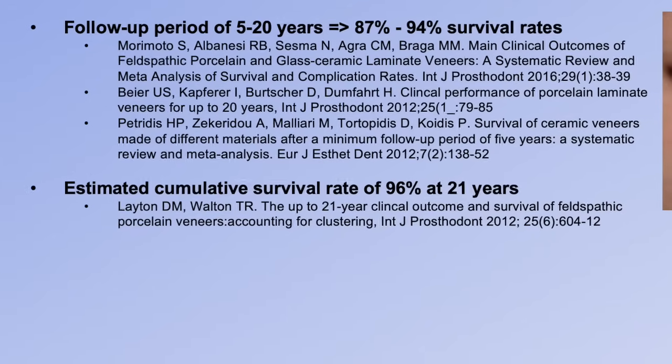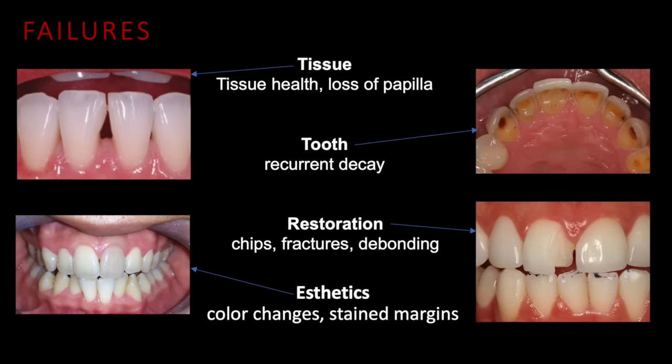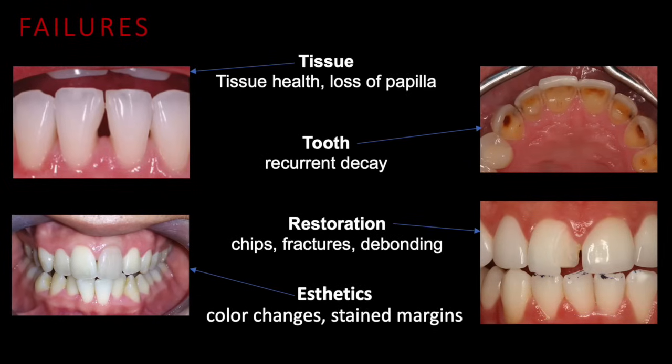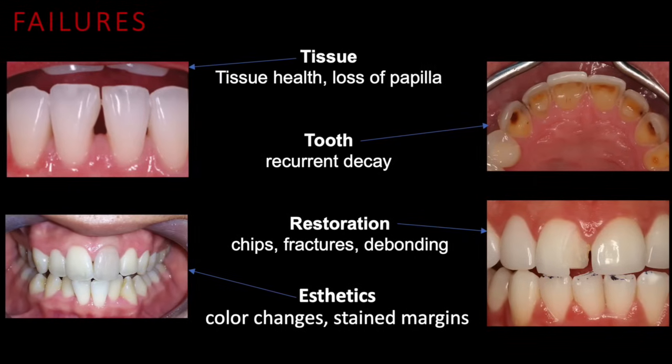But why do they fail? That's always my concern, is why isn't it 100%? And really there can be 4 major failure areas. One is tissue, loss of papilla. Tooth, it can be decay issues. We can have the restoration fracture or debond, and then we can have aesthetic changes like color changes underneath the